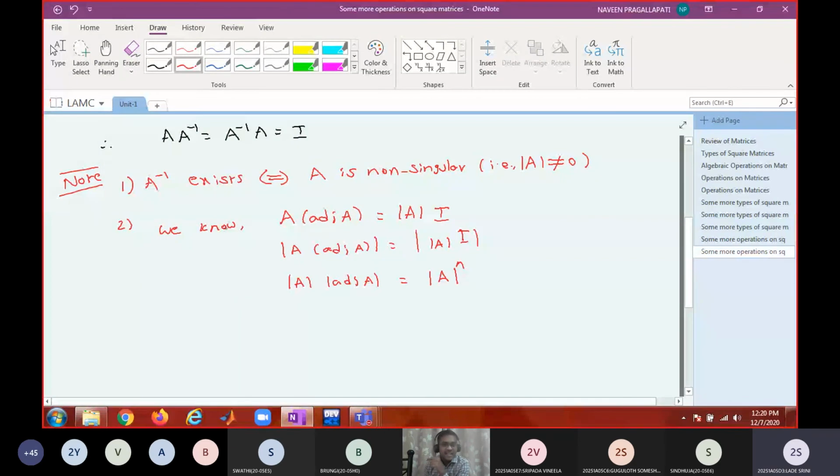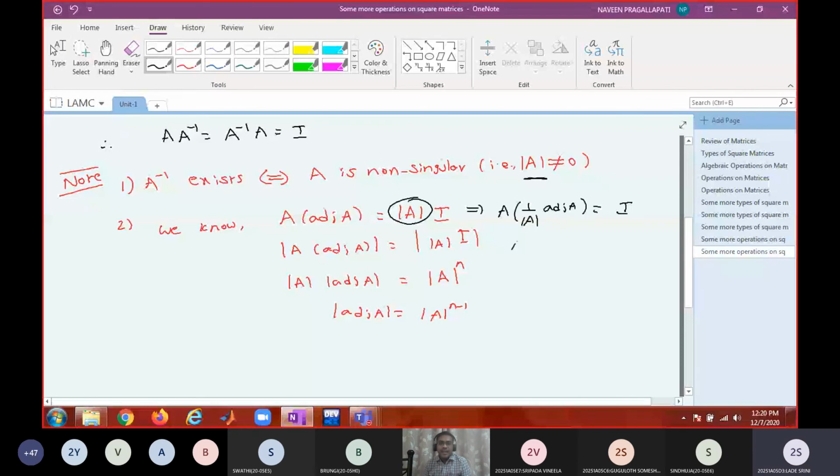Okay, I think all these things are not necessary. This is a formula to derive the determinant of adjoint A, right? Determinant of adjoint A is det A whole power n minus 1. So here, to get the formula, I can just simply divide both sides by det A, because A inverse exists, which means det A not equal to 0. That means I can write it as A into 1 by det A into adjoint A equal to I.